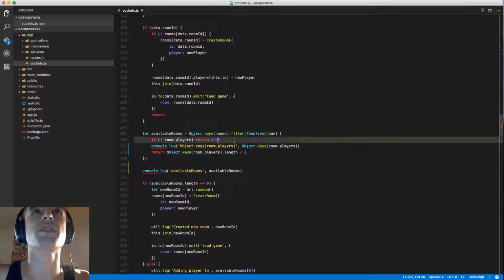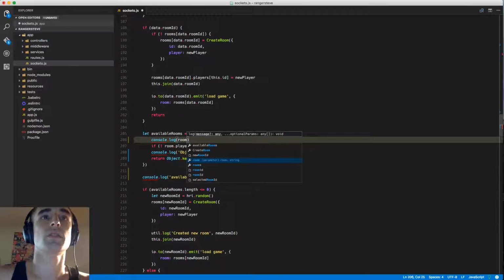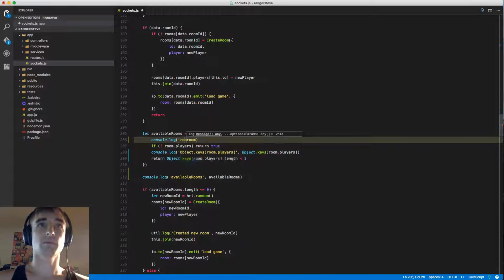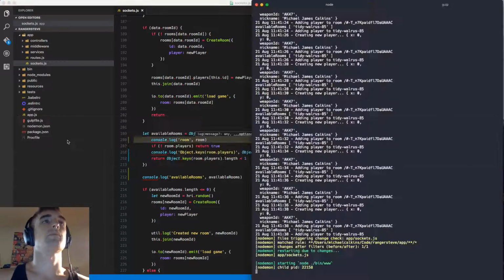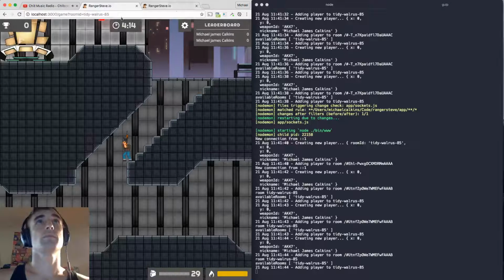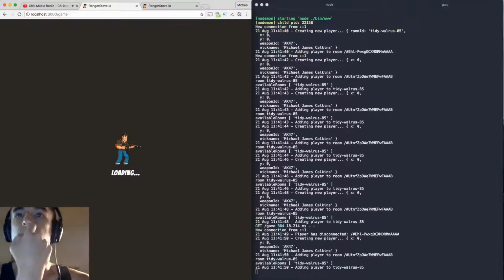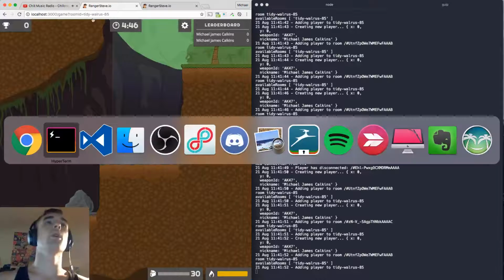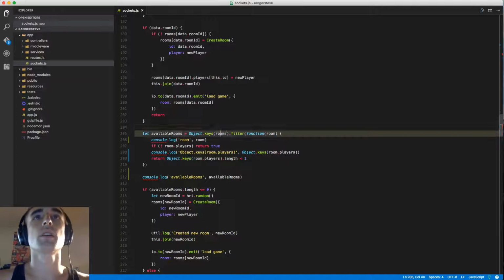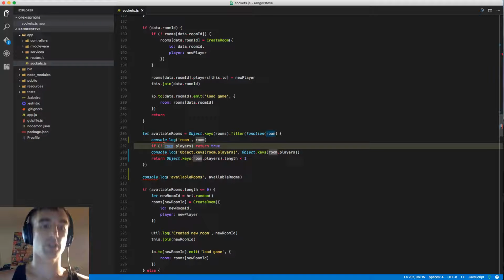It's like circumventing this totally. Oh my god, that's because that's not a thing. This is old code, that's why this is happening. So we do rooms